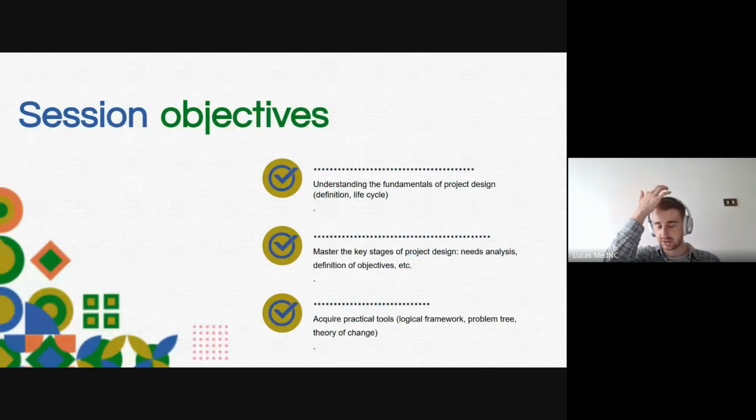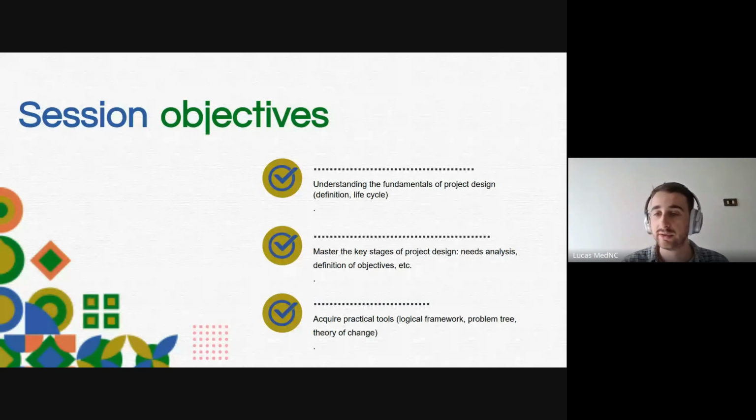So for the session objectives, today's session is about understanding the fundamentals of project design. It's hard for me to know, for the people that are here, if you have already built a lot of projects or if you're a beginner. So I think this session will be a mix.